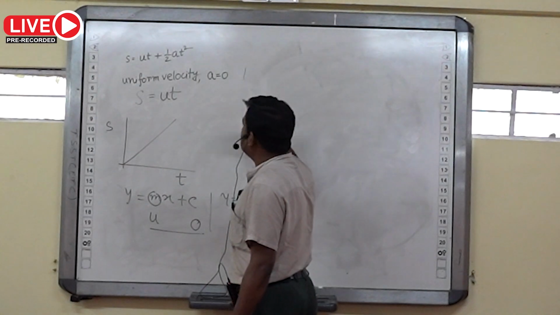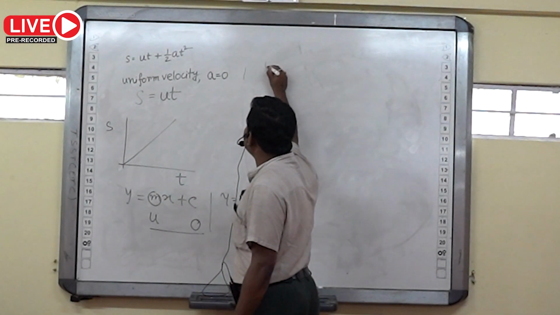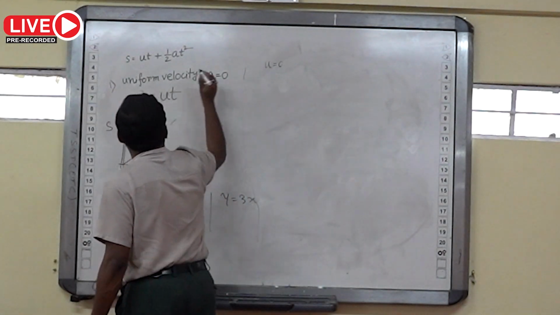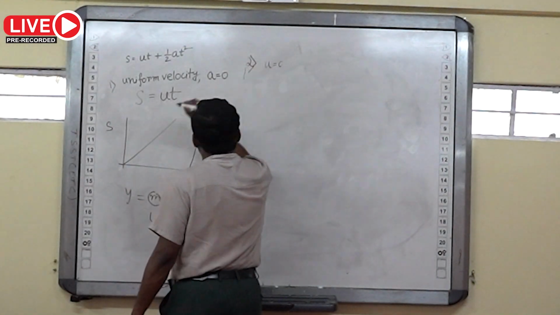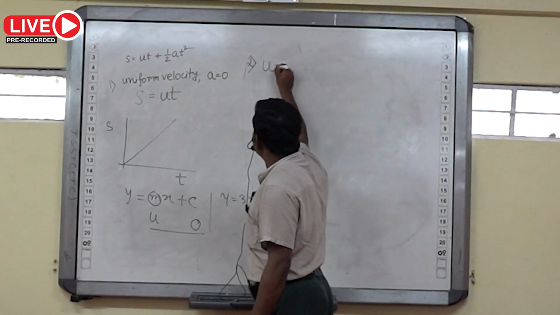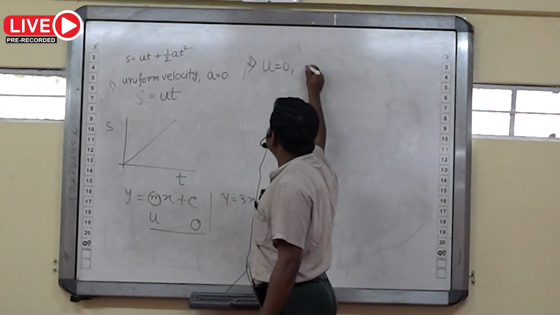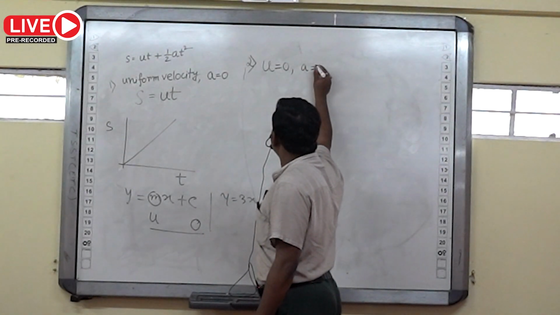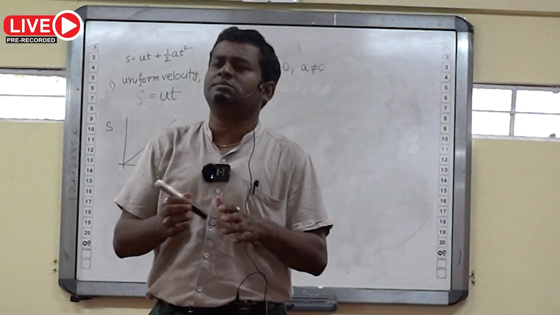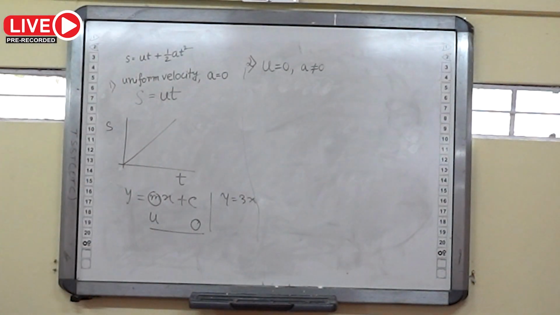Then if I consider that the initial velocity of the particle is 0, this was the first case. Now we are going to the second case. I consider that the initial velocity of the particle u equal to 0, but acceleration a not equal to 0. Acceleration is constant but not 0, suppose 3 meter per second square. In this situation,